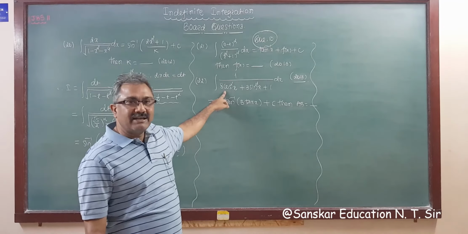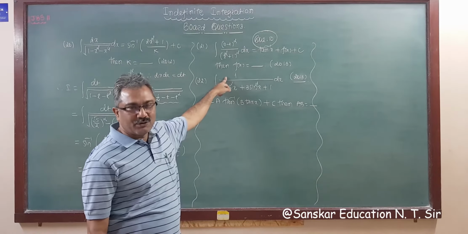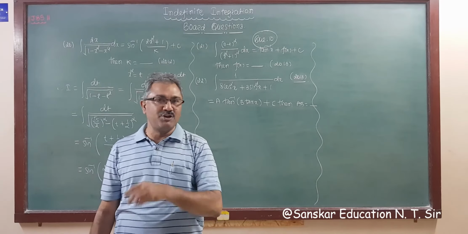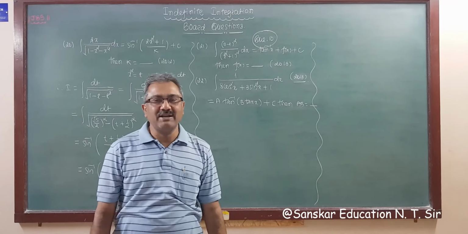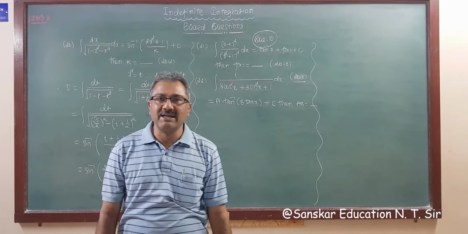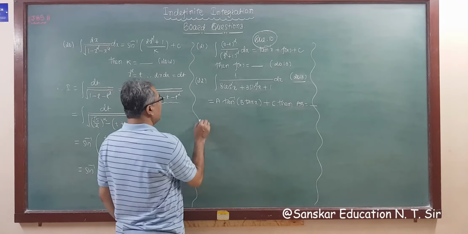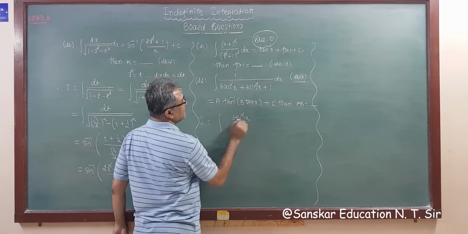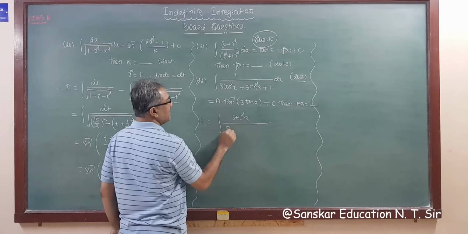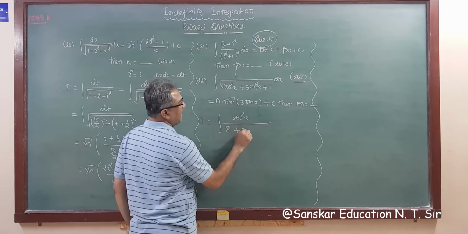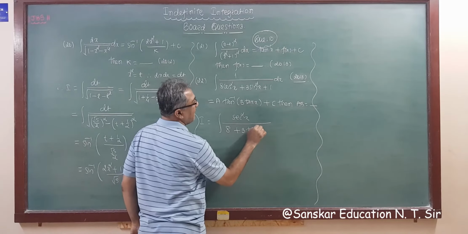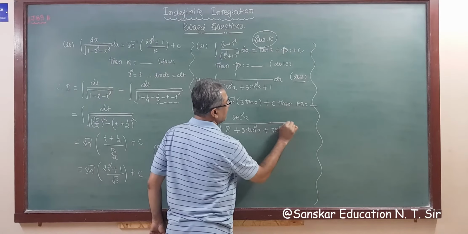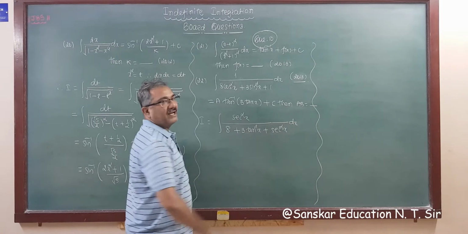Now this type of question we solved previously. Right? But in that example, in the numerator there is a sine cos. But you know, if sine square, cos square is in the denominator and the numerator is 1, then you have to divide the numerator and denominator by cos square x. So dividing numerator and denominator by cos square x, 1 upon cos square x is sec square x, whole upon cos square x divided by, that is 8 plus 3 tan square x, and 1 upon cos square x is sec square x. Right? dx.